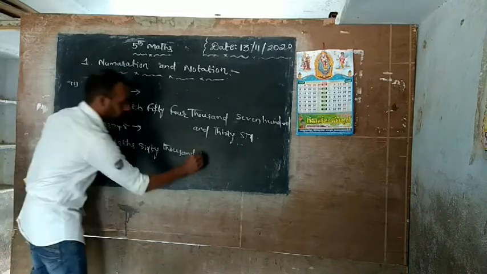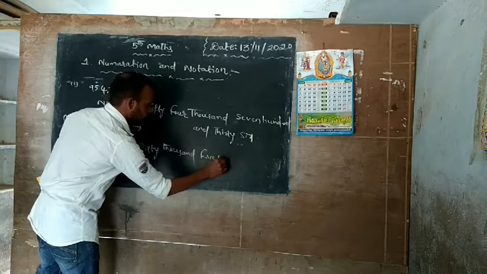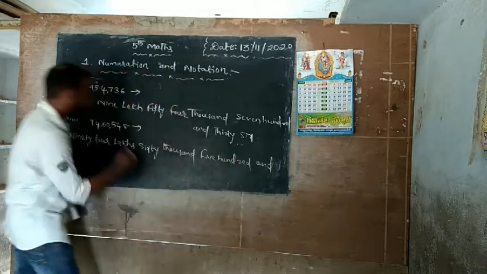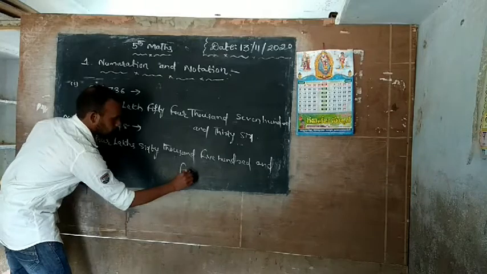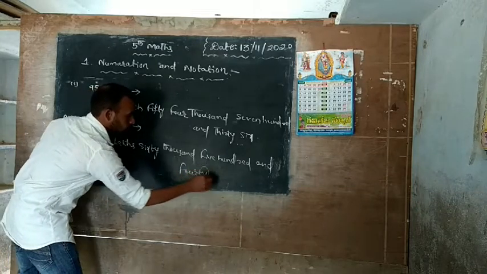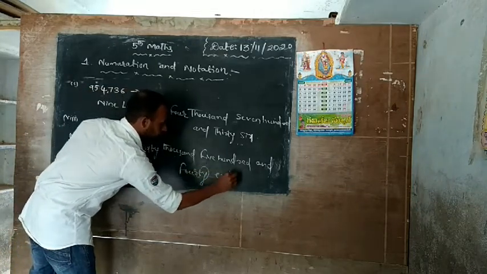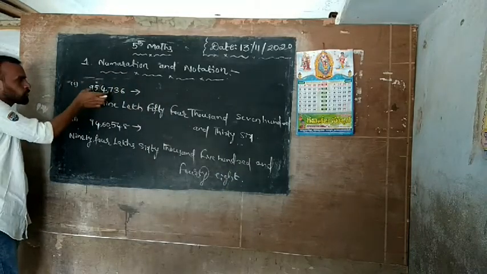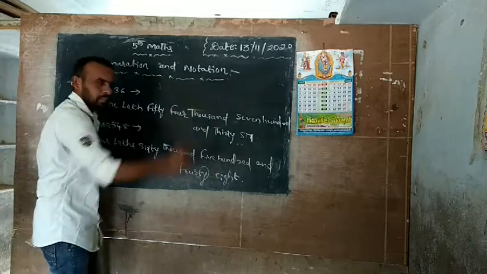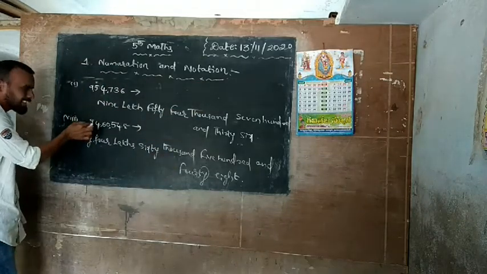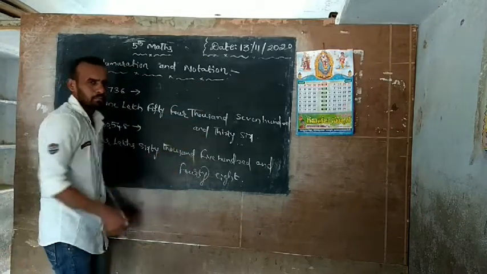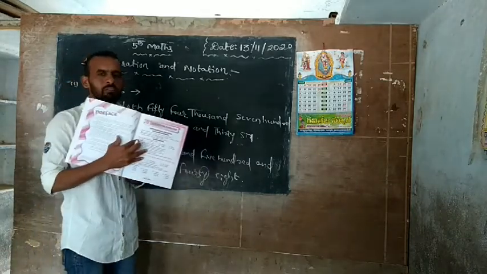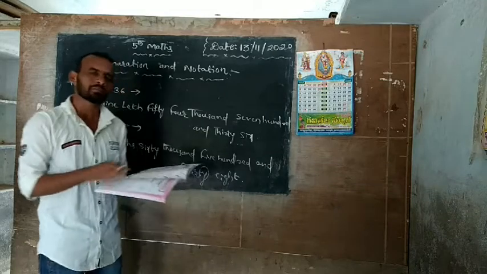Okay, 500 and how much? 48. Okay, so here 3 digits are given, so this is the lakhs place. Now you write this number name. Here the 10 lakhs place is given. Now you write the number name like this. In this bit, a total of 8 problems are given. Now you write these 8 problems, the number names. Okay.